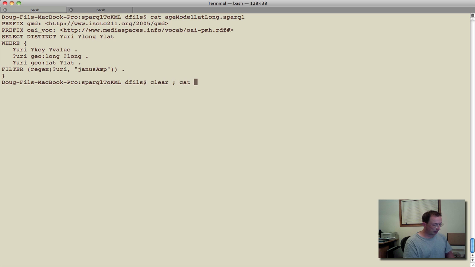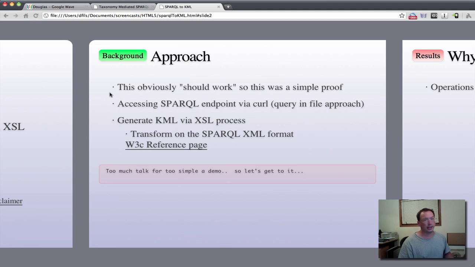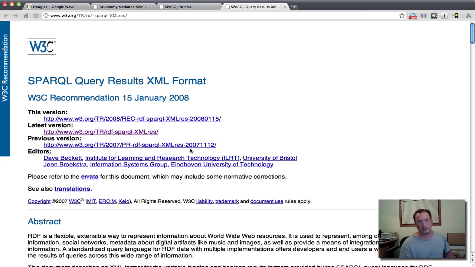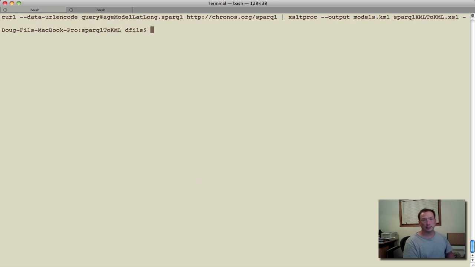We can then look at our transform. Again, this is just a standard XSL transform. So we're going to be taking the SPARQL format that we would expect to get back following W3C guidelines on query results. And what we're going to do then is send them through